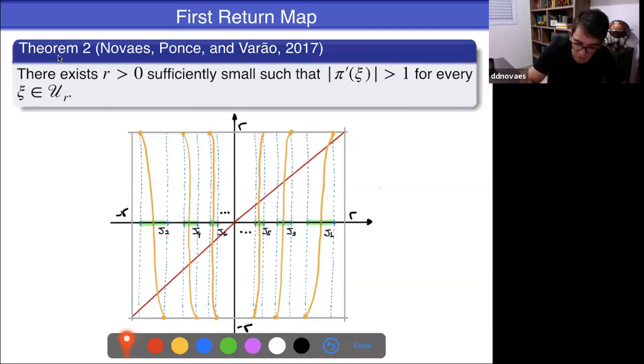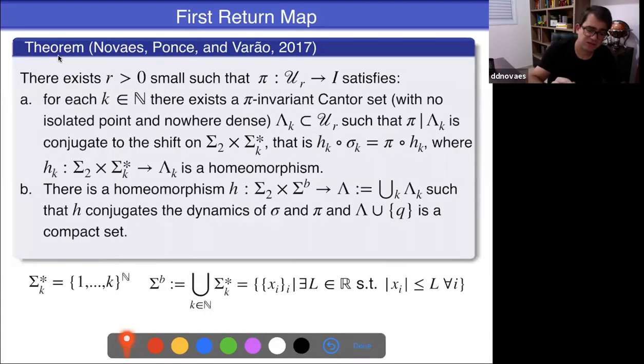So all this set accumulates to the origin, and what we have here, when you compare to the identity, is that it crosses the graph of the first Poincaré map infinitely many times. Okay, so studying this first return map with more attention and more details, we were able to conclude that